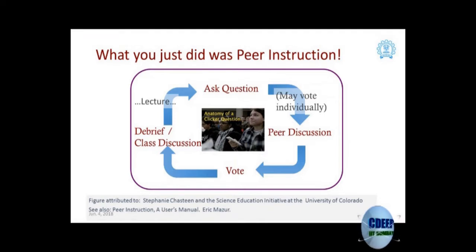What happens in this method is that the teacher asks a question and there may be individual voting. Then there is a phase where discussion happens. In the discussion, a lot of things happen. You are reviewing each other's thought process, not just answers. You are trying to see, if you had a different answer than your neighbor, why their answer is different. You may be listening to them and trying to learn from what they're saying.